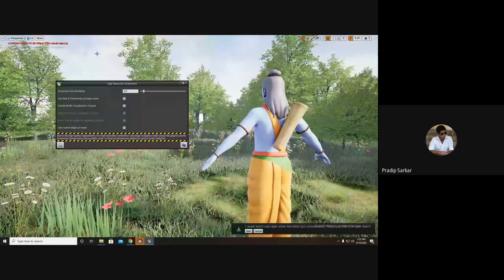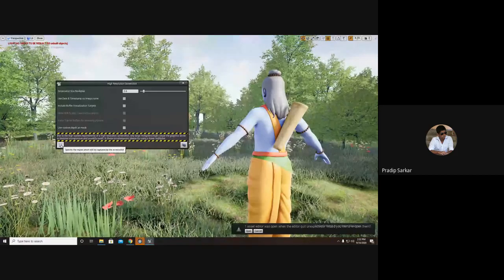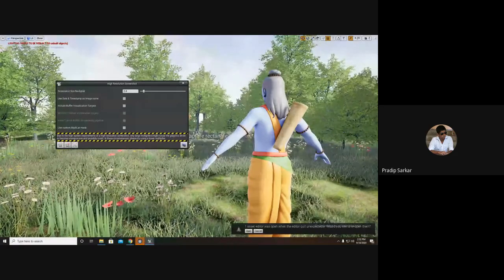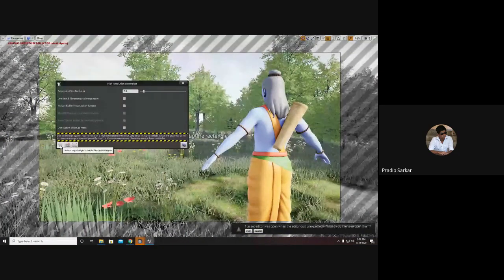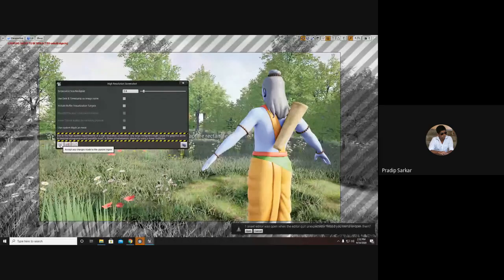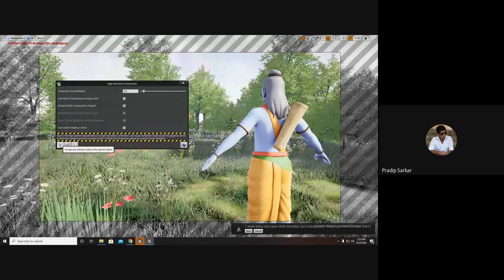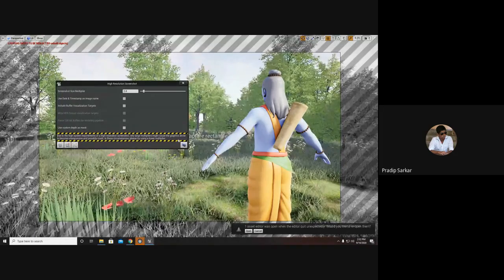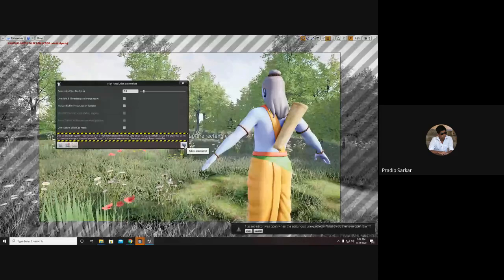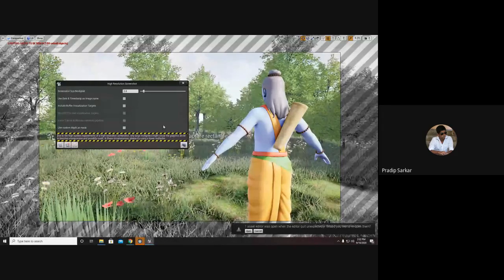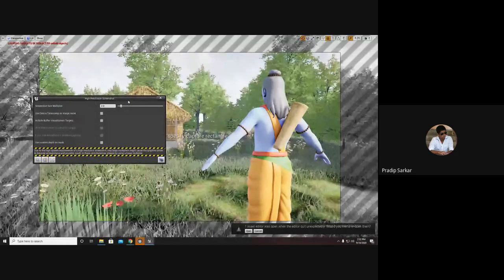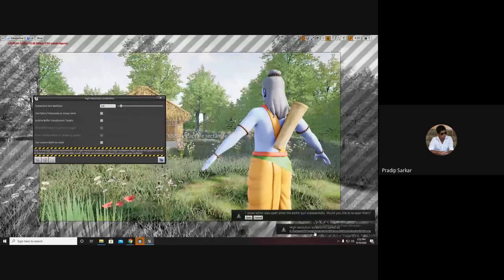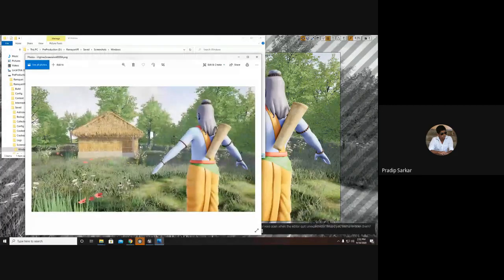Next, if I want to take any specific region of the screen, I have to turn on the specific region button and click and drag how much I want to take a screenshot. In the right hand side bottom corner of the high resolution screenshot window, there is a small camera button. If I click on it, it will take a screenshot. See, it has taken a screenshot of that image.